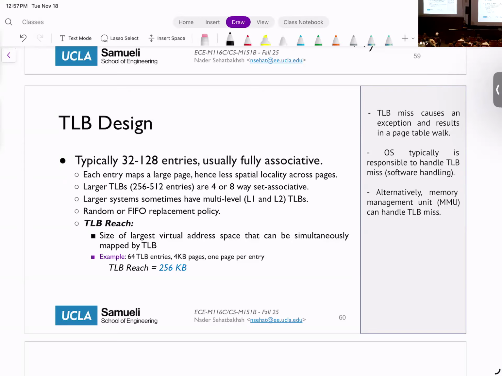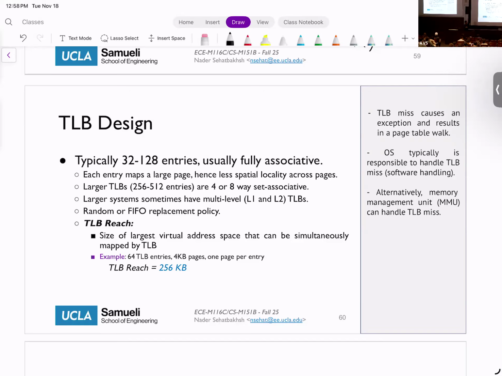An important thing about the TLB is, if I store all the contiguous addresses that I can, how much virtual address space can I support? This is usually called TLB reach. TLB reach means the number of entries times the size of the page. For example, if you have 64 entries and each page is 4 kilobytes, my reach is 256 kilobytes. That is the contiguous address range that I can store in my TLB.